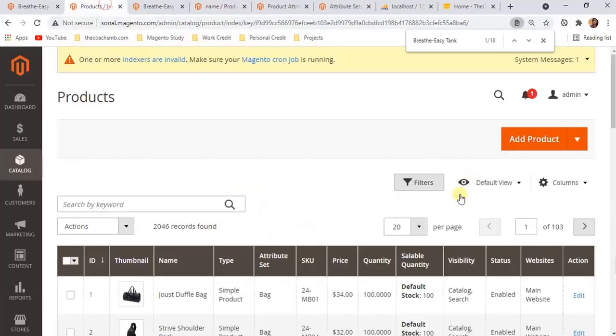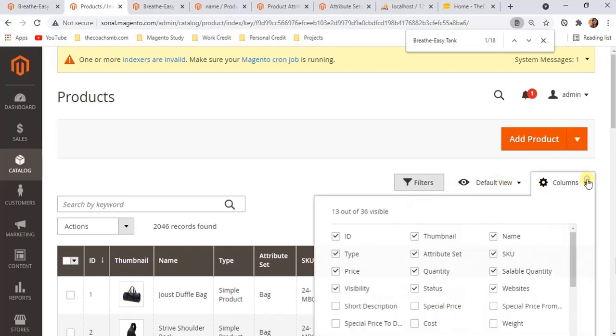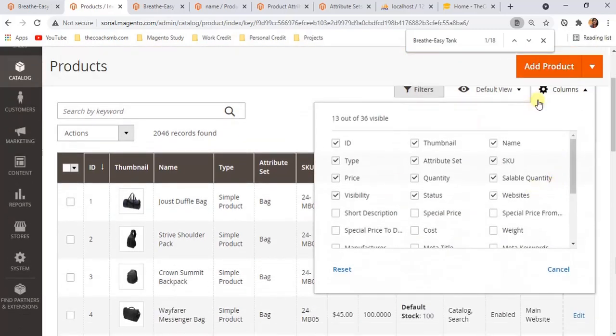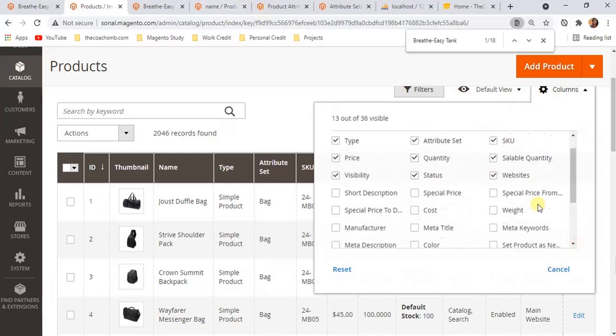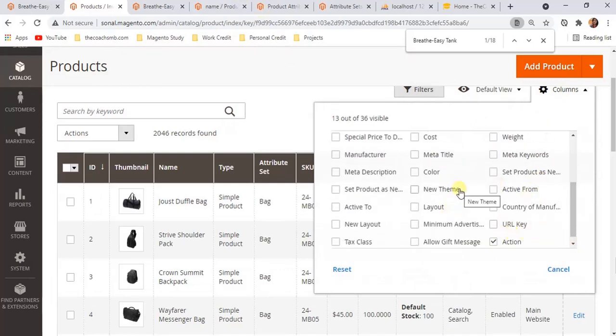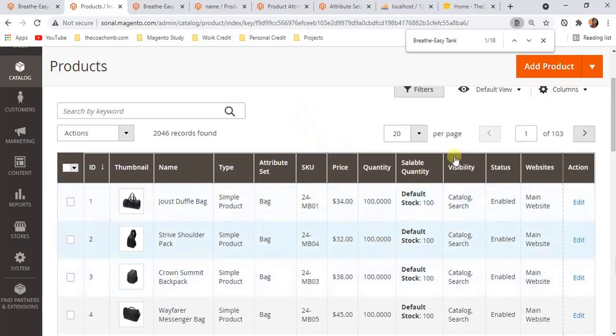In the product grid, there is a default view. There are columns, and if we select yes there, then that attribute will appear here. And if we select the tick here, then that column will appear in this grid, right?